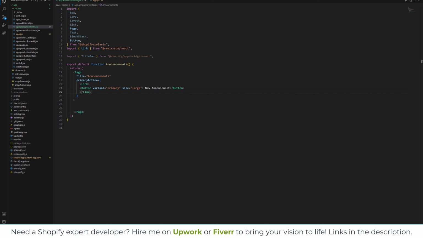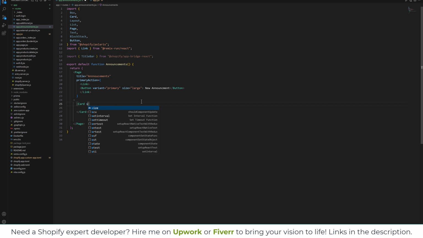Now we need a card. So I will go outside the page and type card. We have imported that from Shopify Polaris, and inside card we will pass props section,